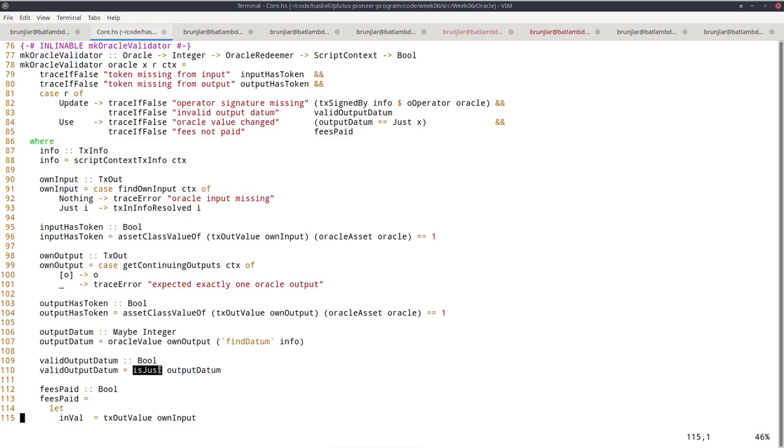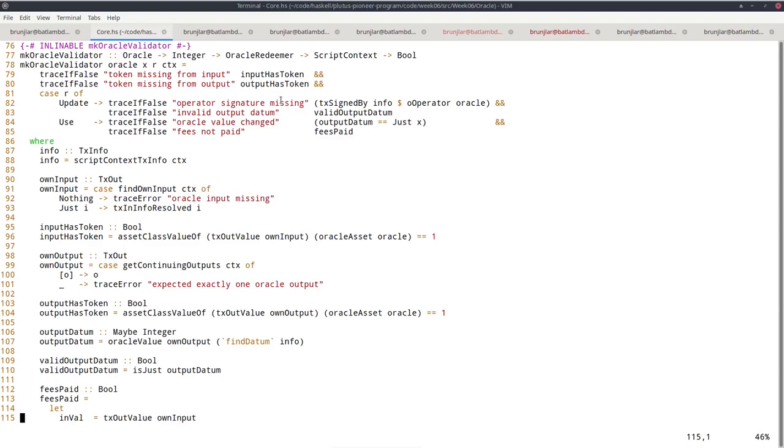So all I check is that the operator has signed the transaction and that, again, I have a valid integer as output datum. In particular, I don't check anything about the value apart from the fact that it must carry the NFT. So that means that this allows the operator in this transaction to retrieve the fees that have accumulated in the value. I only check that the NFT is there. I don't check that any other value that was on the input side is still there on the output side.